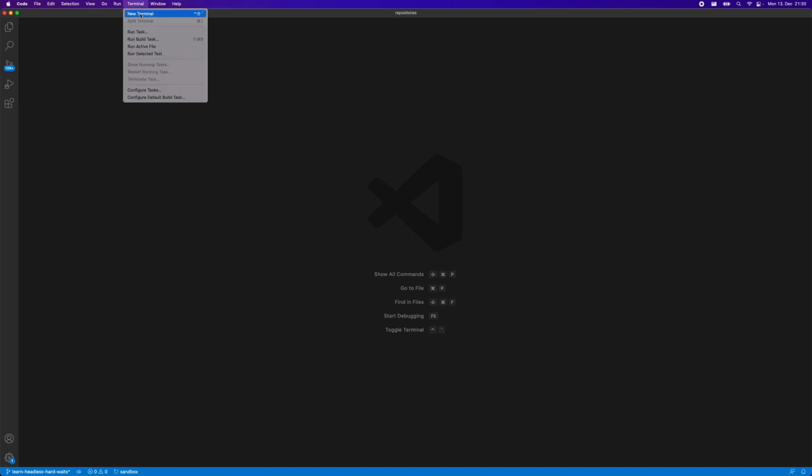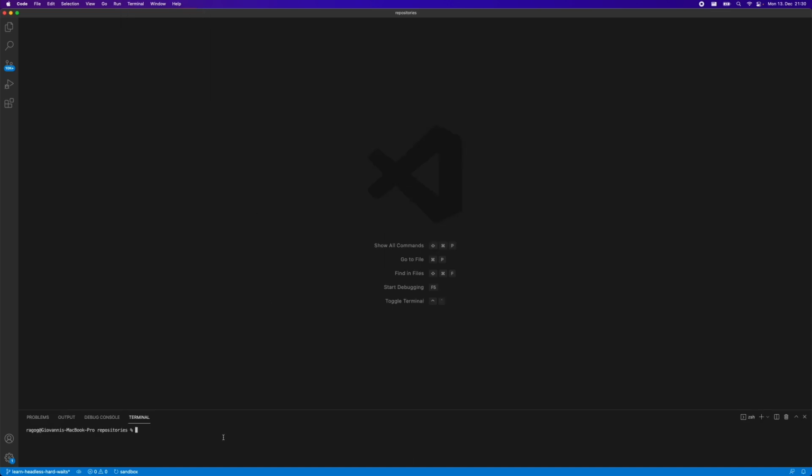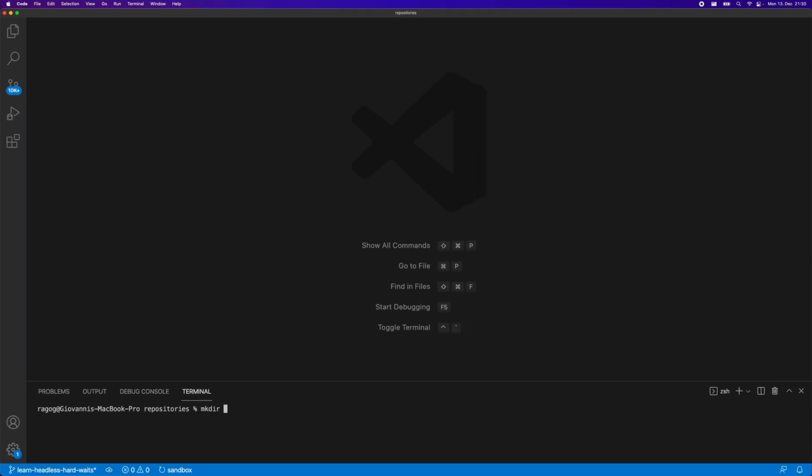So here I have my Visual Studio Code open. I'm just gonna start a new terminal, and we can create a new directory here. Let me make that a little bit bigger so you can see. I'm gonna create a directory, call it automate together. I think I have one already. Let me delete that. So we're gonna delete that existing folder, create a new one, move into it,